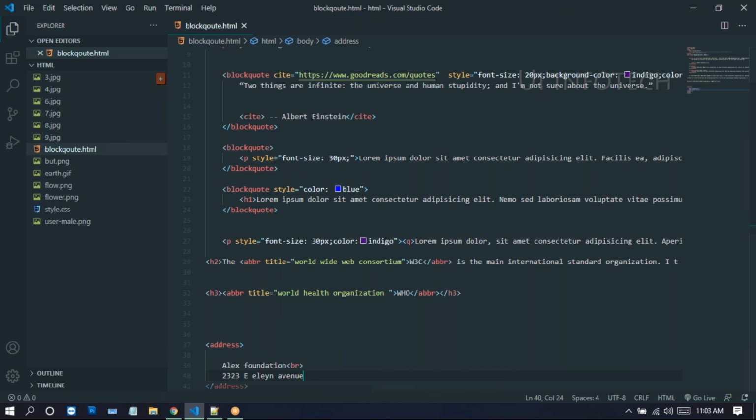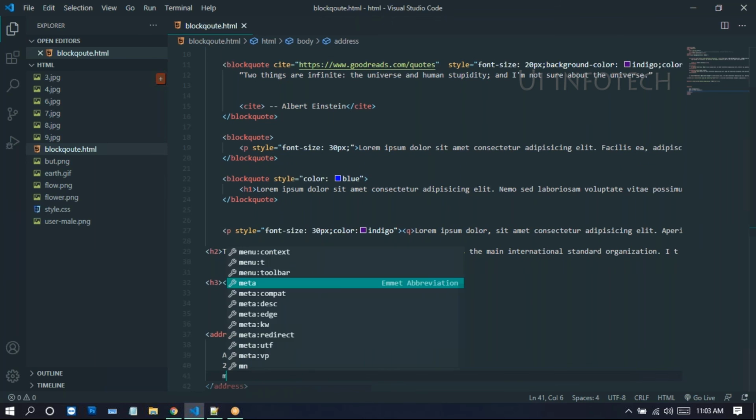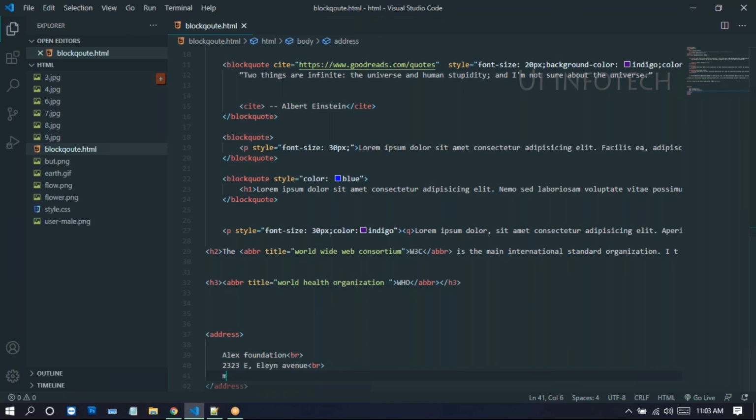So I'm just taking a break tag, BR here. Now just copy this. After that, I'm taking some viewpoint here, this mountain view, like some pin code.